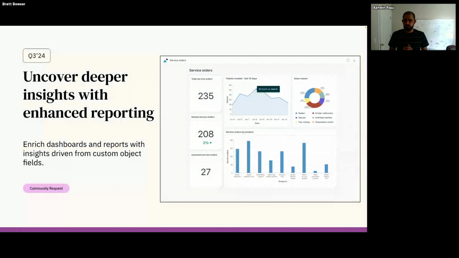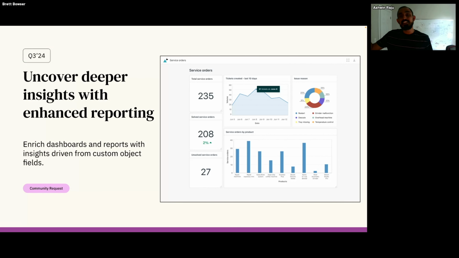We're continuing to expand on our current custom object reporting capabilities, starting with field level analytics. With the current capabilities, you can report on tickets using the custom object record name or ID. For example, the count of tickets for the different services requested. Rather than reporting on a custom object's name or ID, you will now, after this feature gets released, of course, be able to build dashboards and reports